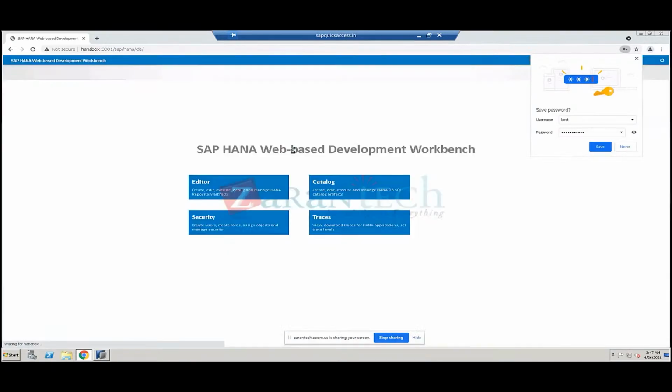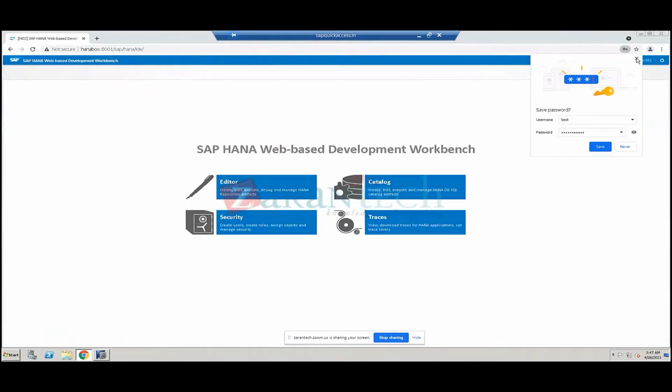If my connection is successful, the initial screen shows the four folders that we talked about. The catalog folder will contain both catalog and provisioning information because they are closely related. Editor is nothing but your content pack folder. Security is your security folder. Traces is for the administration. So if I click on one of these objects, which is the catalog,